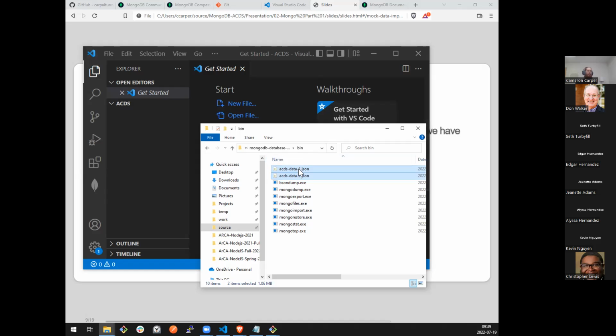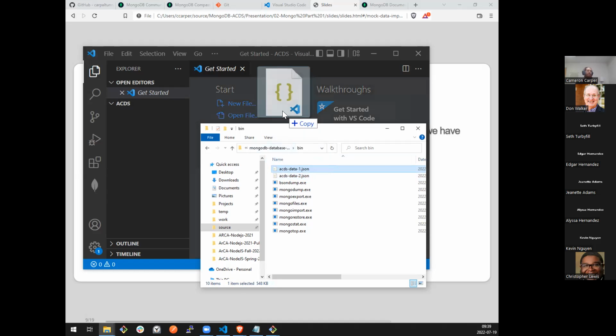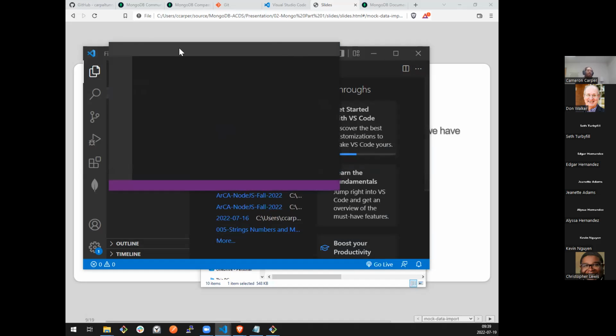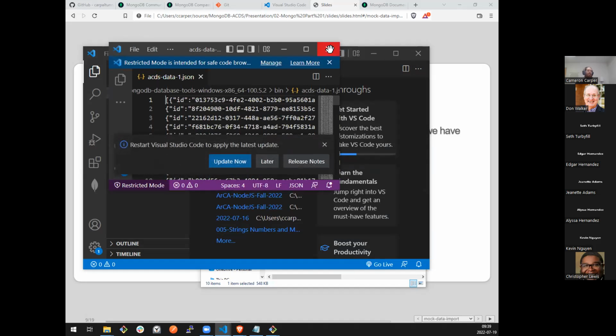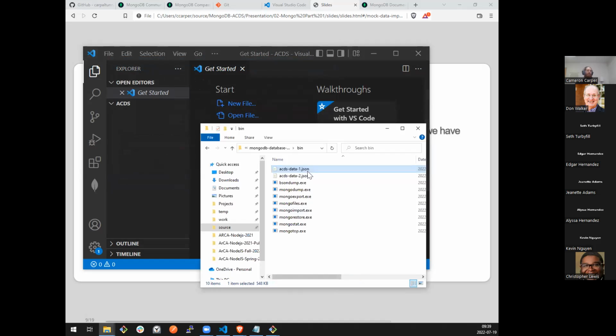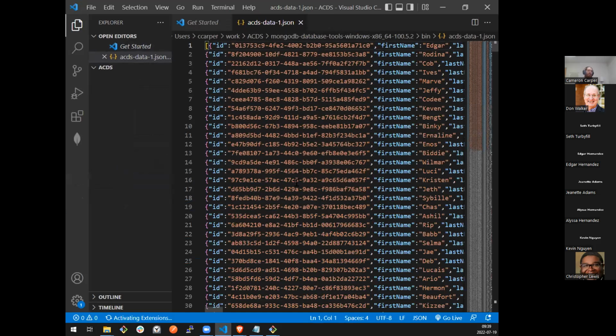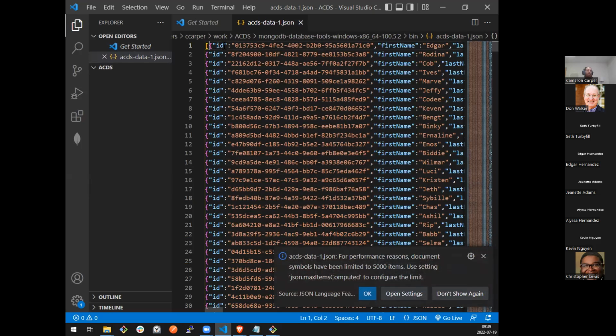It may be helpful to help lead us directly into the JSON discussion to take a look at this file that I've imported. It's not a small file, so it's going to be a little bit hard to read, but it will give us a generic idea, and then we can look at simpler ones. So this is effectively one JSON object per line, and all of it's wrapped in an array. And again, we'll talk about those terms here shortly.